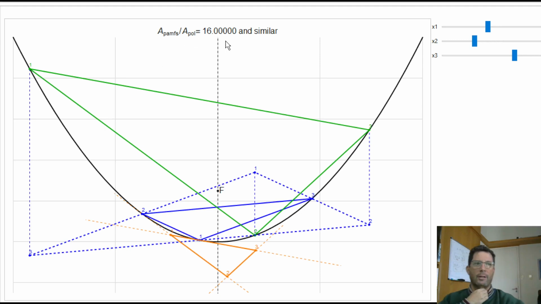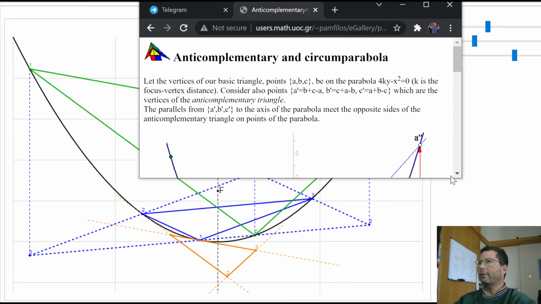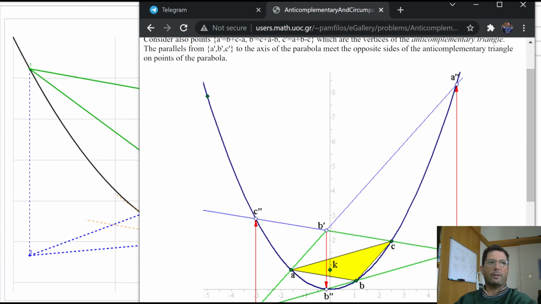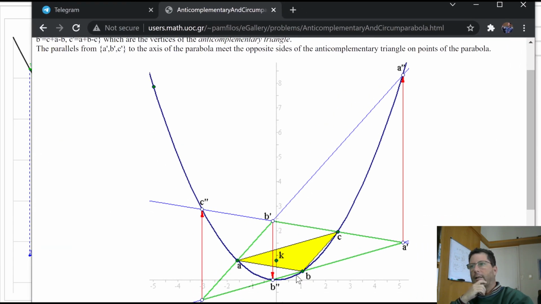So this construction is something that I learned on a site called Geometricon by Pamfilos. You can see the page here. On this page, Professor Pamfilos says the following: if you start with 3 points A, B, C on a parabola, and you know the axis of this parabola, then you can simply construct the anticomplementary triangle